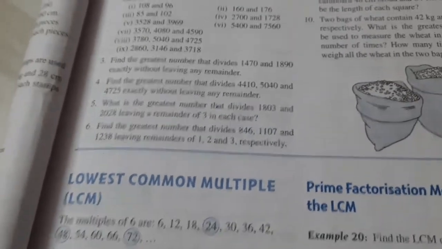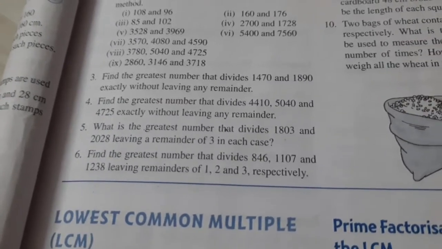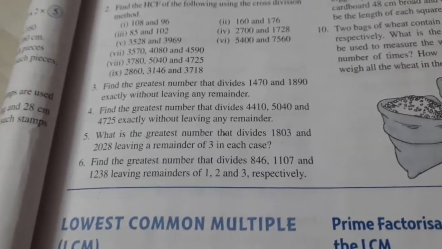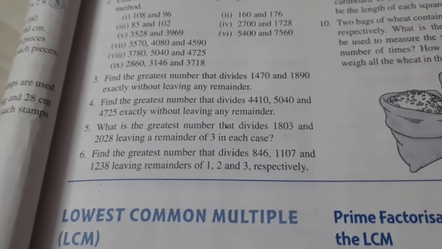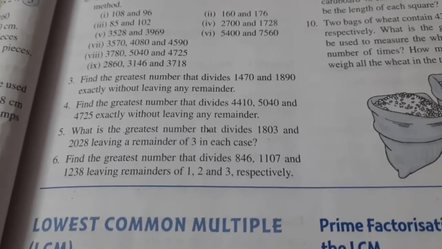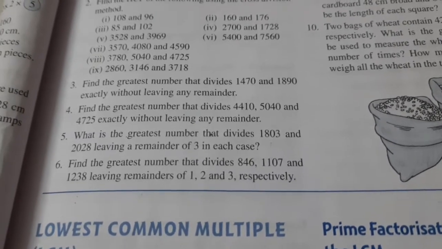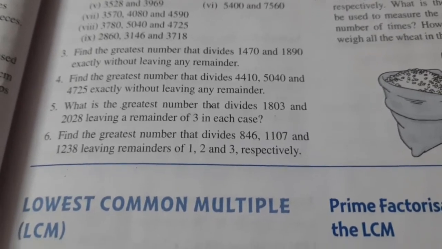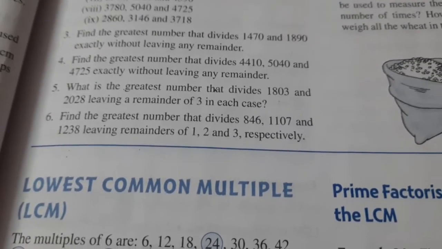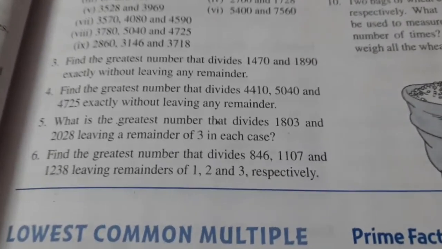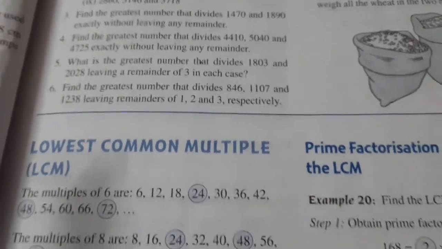So here, whenever this type of word problems are coming, you may get confused whether you have to find HCF or LCM. So you will go for the full form, students. HCF means highest, greatest. These are the number words which are common, which give the same meaning, longest. So if this type of words are coming, you are going to find HCF, and LCM means lowest or least. So if that type of words are coming, then you will be finding LCM. So your greatest word is given, so you will find the HCF of these two numbers. So it's very simple,